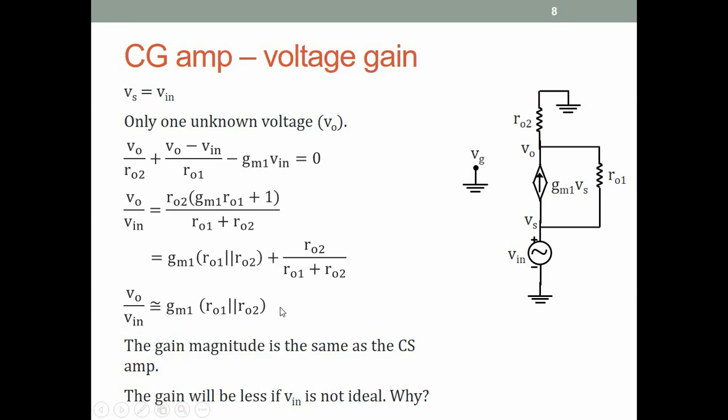Now one thing to recognize is that this gain that we've obtained assumes that the input signal source is ideal. If the input signal source was not ideal, that is, if it had a resistance in series with it, then the voltage gain of this circuit would become smaller. So I'm asking why. Put an R source here, the source resistance of the input voltage source, and find the voltage gain again. Please do this as homework. It's a simple circuit, but it is worthwhile solving.